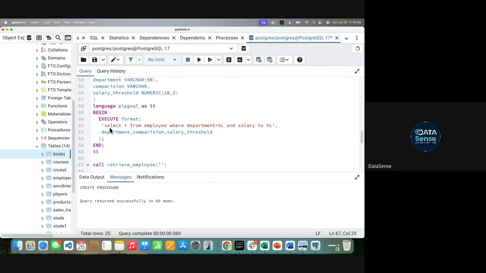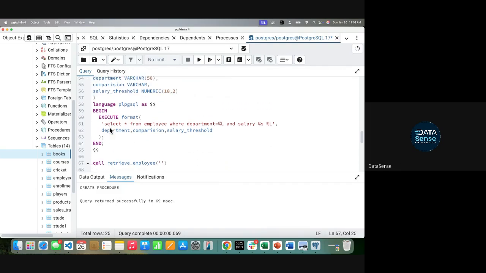So what is the first variable that I need to pass? Department. So I'll call it HR. Okay. Now, what is the second parameter I need to pass? Special character. So I'll say, let's say, salary greater than. Third, let's say 5,000. Okay. So simply call this. It will execute in the backend. You will not be able to see the result. If there is an error in the code, you will automatically see.